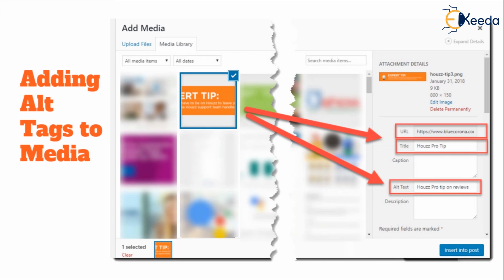The relevant keywords can be used to actually build the alt text, making it very easy for the search engine crawlers to understand what the image is all about, and therefore presenting it in the top results in the search engine pages when a customer searches for this kind of